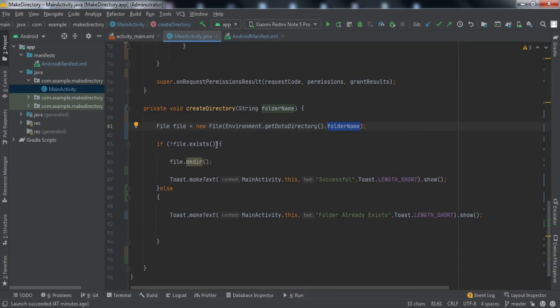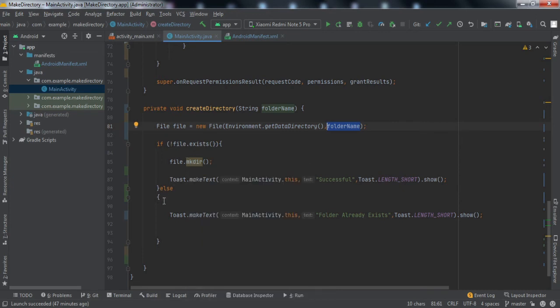So here we have checked if file exists. This is a boolean method, right? The return type of this method is boolean, so it will return true in case the directory is already there. That's why we have negated it with this exclamation sign. If this is false, then we'll go to this statement.